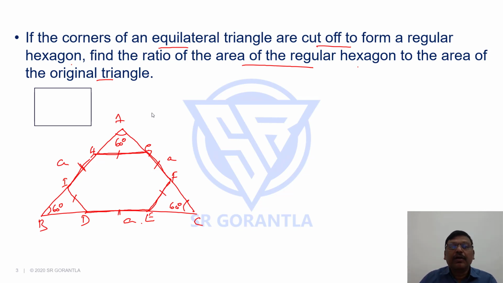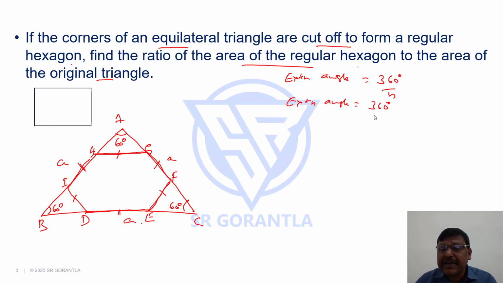Fine. Now, what is the external angle of a regular polygon? External angle of a regular polygon is 360 degrees by n, where n is the number of sides. So what is the external angle of a hexagon then? External angle of hexagon will be equal to 360 degrees by 6 because hexagon has 6 sides, that is 60 degrees. So if this is the hexagon, this is the external angle for hexagon, 60, because we see this HG and all that is hexagon, which means this is the external angle, this is also external angle, it is 60.